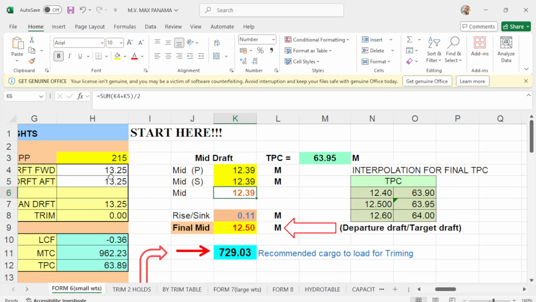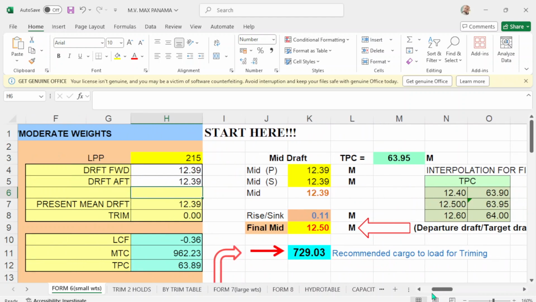You see, even keel, we can put here 12.386. There, your mean draft is 12.39. You have 0 trim.